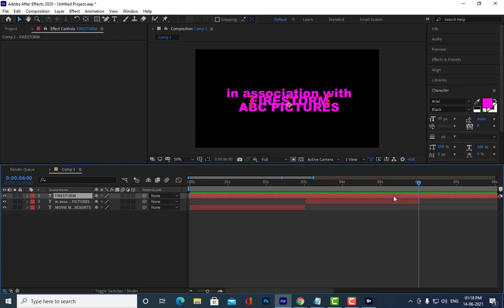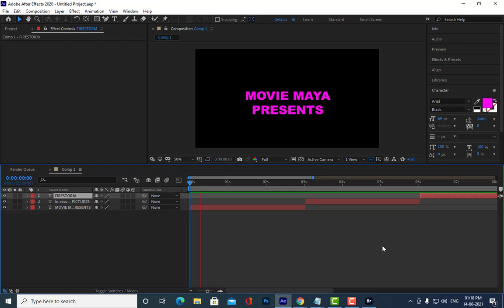And then again we have to cut from the time indicator. How? Alt and open square bracket. Okay, so like this. See. We can slightly move it. Now we have three things. Normally if you play, nothing will happen. You don't see any animation. But now we want to give some animation to this.